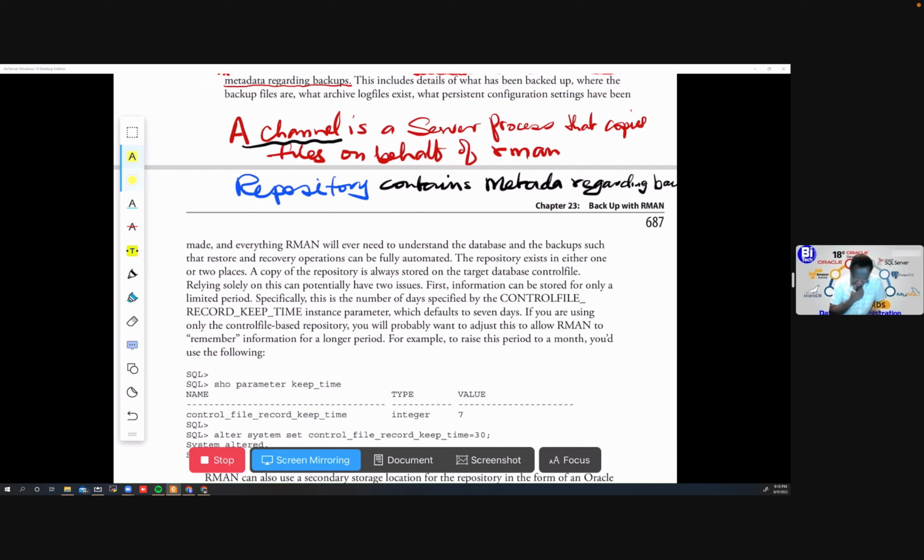Let me see if there's another very important thing on the next page for me to talk about. So on the next page, just looking at it,